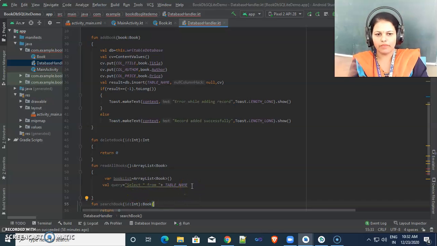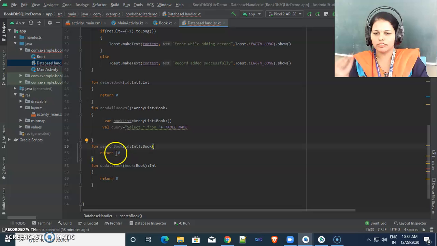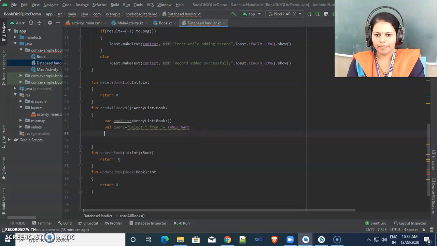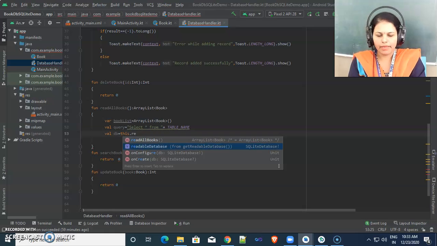We are not adding any where clause, because that where clause we add inside search book, where according to ID we need to find that particular book. Here we want to fetch all the records, all the book information, so we are not adding any where clause. Now we need one object, db as this dot readable database.